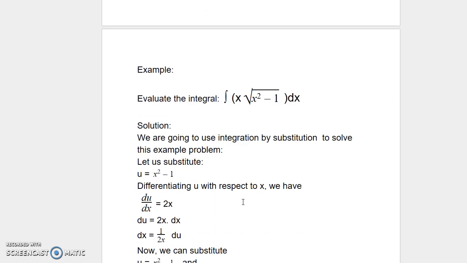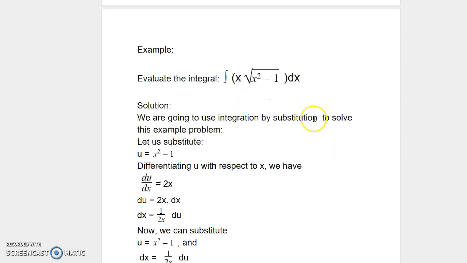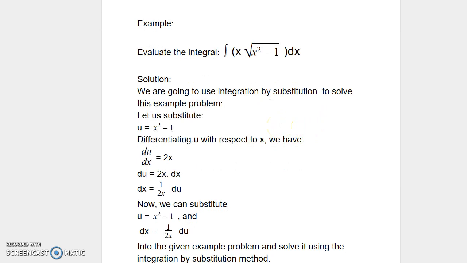Let us say this time we want to evaluate this integral x times the square root of x squared minus 1 dx. We are going to use integration by substitution to solve this example problem. So let us substitute u as equal to x squared minus 1, and that is the term we have under the radical term here. So differentiating u with respect to x, we have du by dx